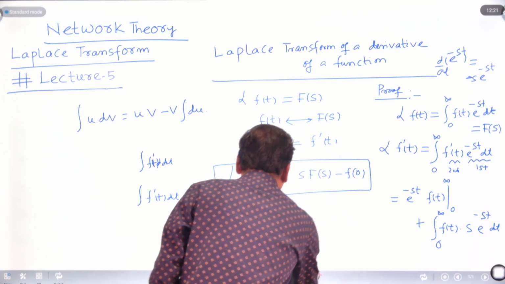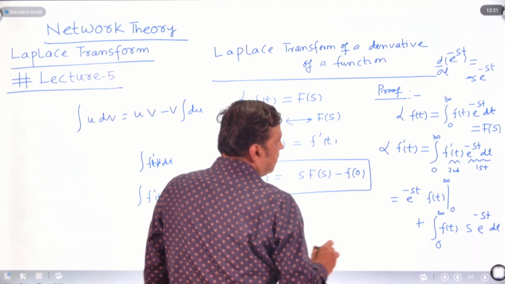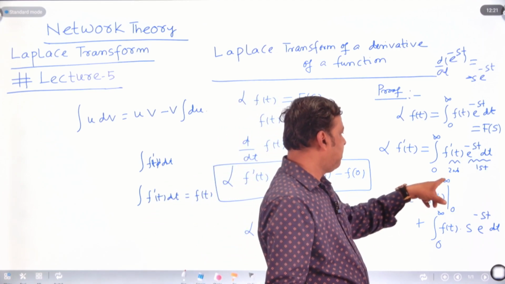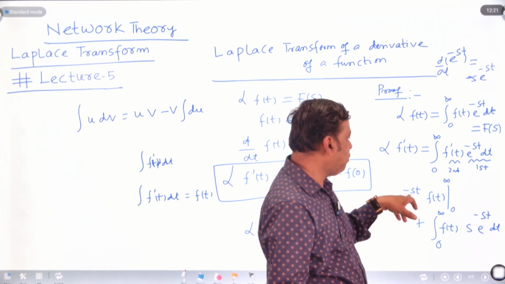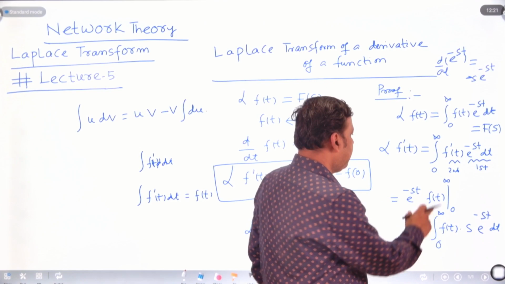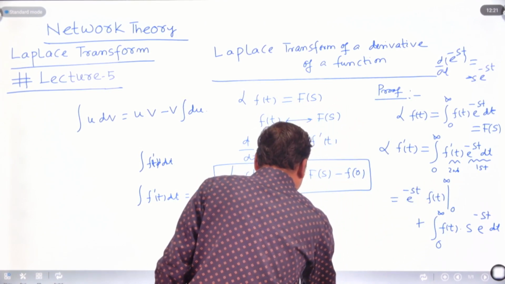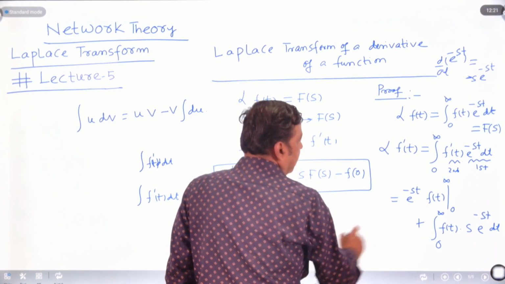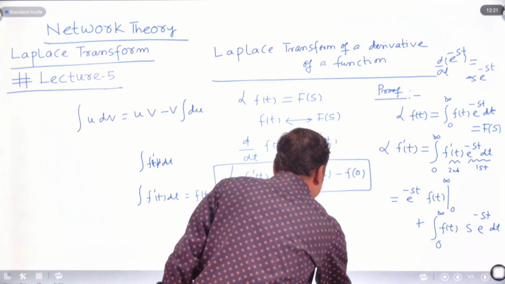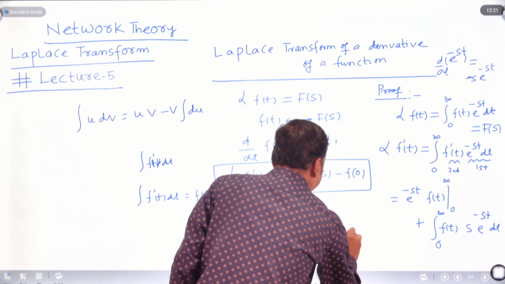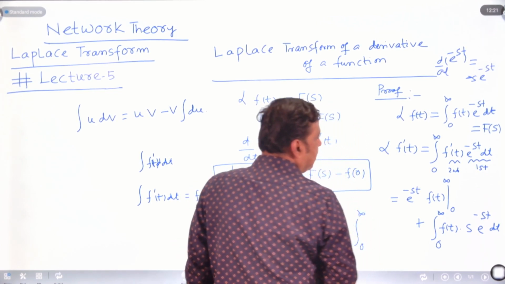What is the value? The Laplace transform of f dash t is as follows. If you put the upper limit infinite, e to the power minus infinite is 0, minus, at the lower limit e to the power 0 is 1, giving f of 0. Plus here, from 0 to infinite,